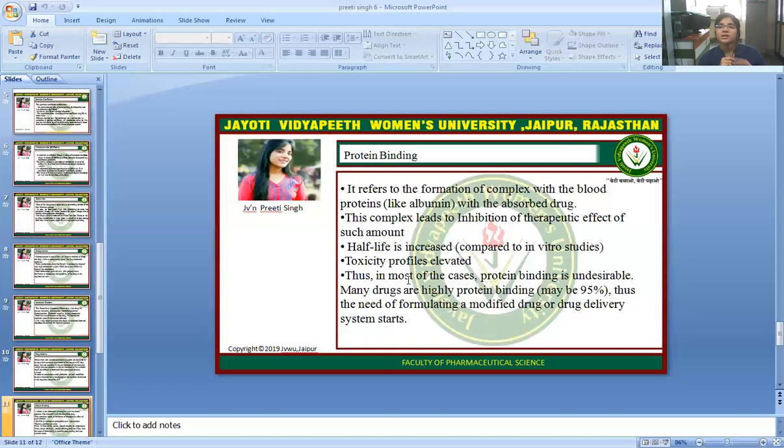So the protein binding of a drug depends on the particular affinity of the drug with its binding sites. So how many percent of the drug binds to the particular site? They cannot show any reaction like absorption, distribution, metabolism because the drug is bound. So bound drug does not have any action in the body.